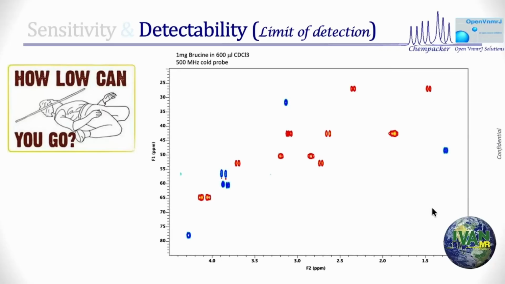I took an example of HSQC of brucine. That's an HSQC of brucine, 1 milligram, 600 microliter chloroform in a 500 cold probe. And then I focus upon that region. Why that region? That's the 6 lowest